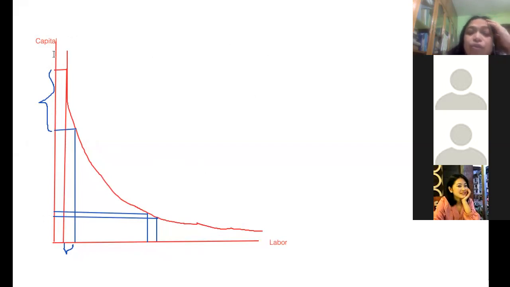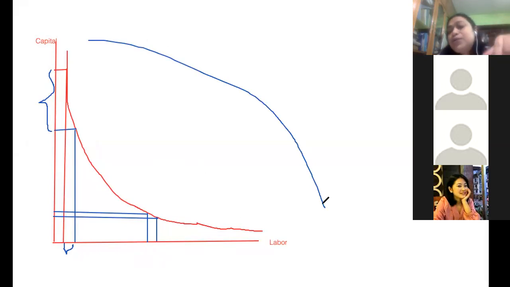If your curve was concave, the other way around, something like this, it's going to be very strange. It would say that when you have so little of something, give out all of it for a little gain in the other commodity, which is counterintuitive, right? So that's why these isoquants are going to be convex to the origin.